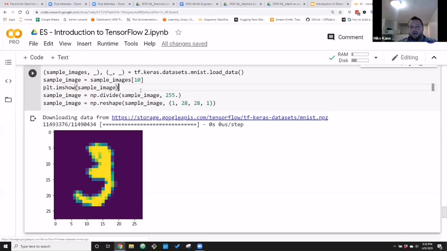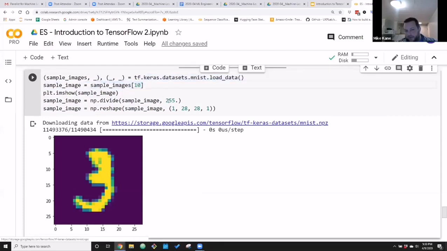So right here, I grabbed, for instance, one sample image. This is just to get this one. This is not something you would do every time you train a neural network. This is me normalizing it, because again, we trained this on a bunch of data that is pre-processed, right? It's used to learning for images where every value is between 0 and 1. If I give it something where numbers are between 0 and 255, it won't know what to do with it. It'll do very poorly, more than likely, right? And then I needed to reshape it into the exact size that it has here, which is number of examples, number of images in the data set times 28 pixels times 28 pixels grayscale, right?